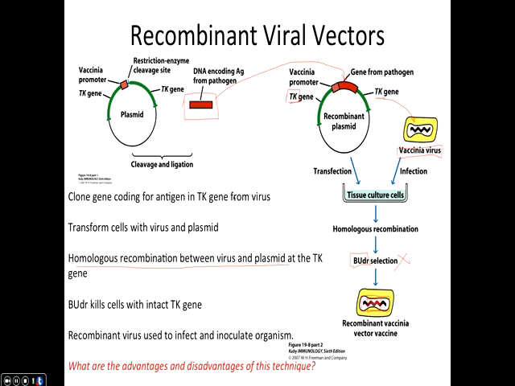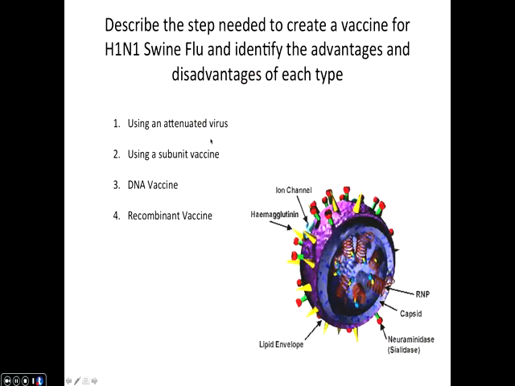Disadvantage again, it's expensive. It's a lot more work. And then you are again betting on a single antigen, just as we were with the DNA vaccine. You're betting on a single antigen. If your virus or your pathogen changes, mutates, you can lose some of your immune defense for that particular pathogen. So it's expensive, it takes a lot of work. If your pathogen mutates, changes, then there's a big problem. Then you have to start over again.